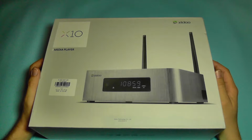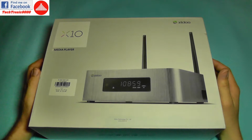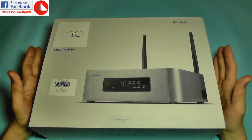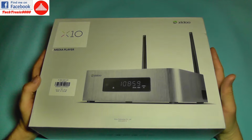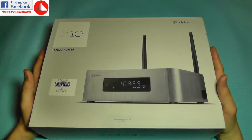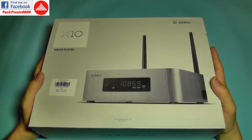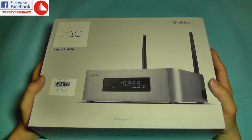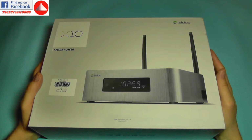Hello everyone and welcome to the review of the Zidoo X10 media player. I must start by saying that this is not your average media player that you get cheap from China. This is actually, let's say, a device that goes towards the high-end class because it has some really nice specifications such